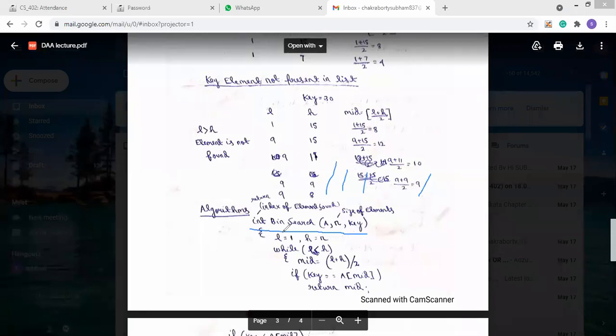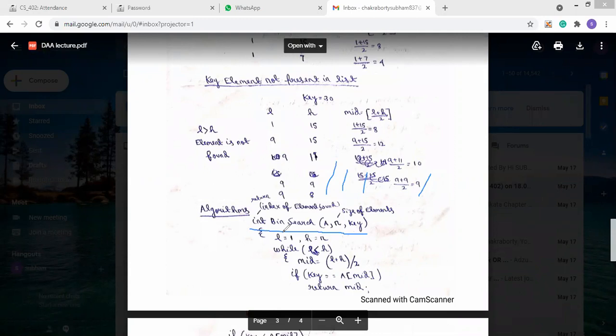So if low is less than high, then the searching can be done. Because through the previous example, I have shown that if low is greater than high, that means the element is not found. So we can say while low is less than high, the searching will be done.